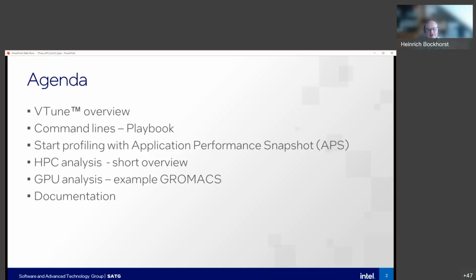But then we turn to the GPU analysis, showing example slides from GROMACS. It's not too interesting, probably because the hardware that is released already, and therefore the best option is to use the DG1 or the Iris Max GPUs that are available on DevCloud. But these analysis types get more interesting when you turn to